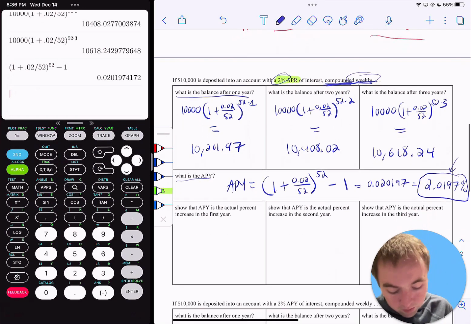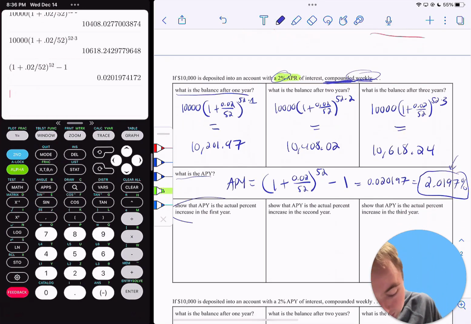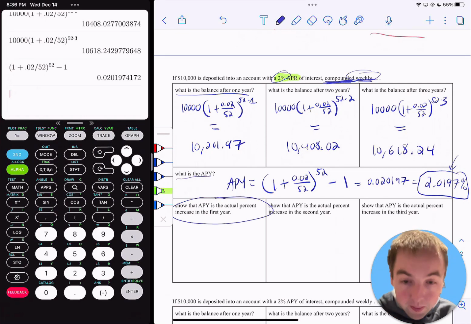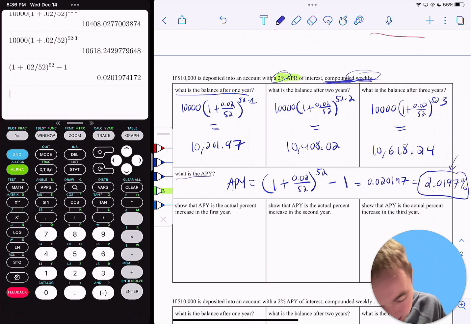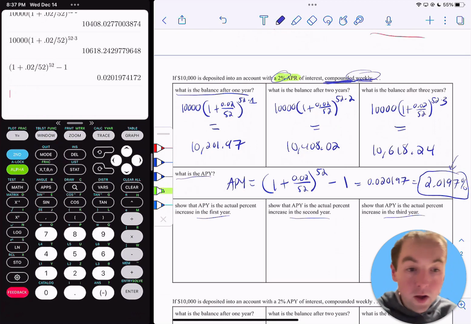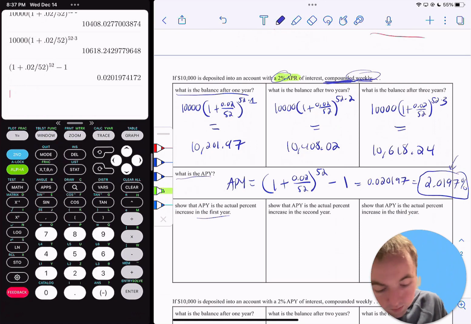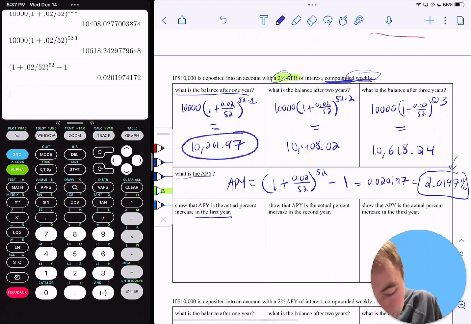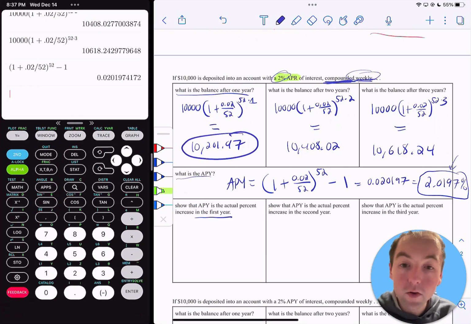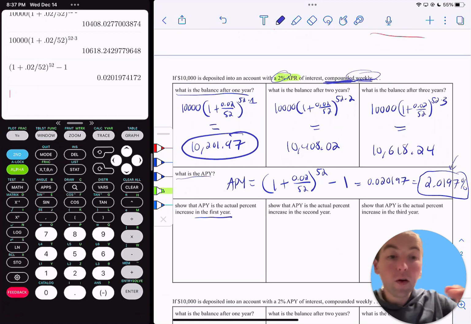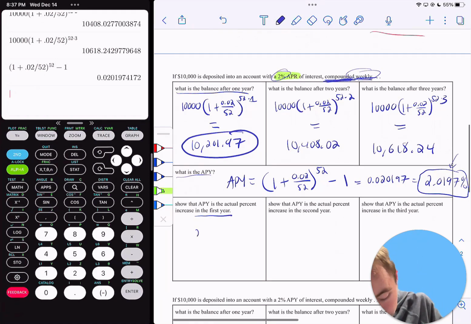So here's really what I want to try to get at right here: I want to show and prove that the APY is the actual percent increase in the first year and then also in the second year and then the same thing also in the third year, okay? So what we can see happen in the first year is we ended up with $10,201.97. So since it went up $201.97 from $10,000,